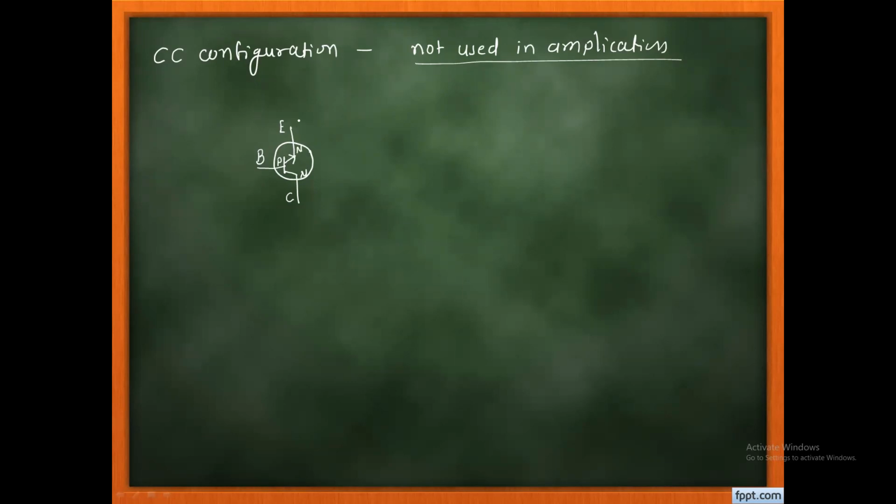It means that the emitter current is the outgoing current. Once I say the emitter current is the outgoing current, definitely the base current and the collector current are the incoming currents. So our equation for the emitter current, which always remains constant, is nothing but IE = IB + IC. And now, as you know, we have to make the collector terminal common between the input and output circuit, so the input circuit is between base and collector.